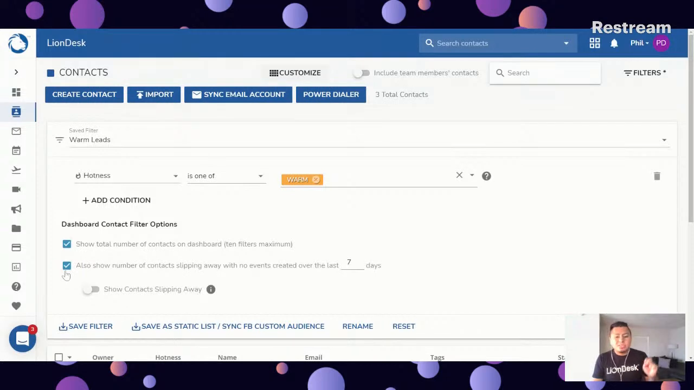The second box is to track contacts that are slipping away, right? It's always important to follow up with all of your contacts. But if you're tracking your hot leads, definitely make sure that you follow up once a week. Your warm leads, you want to follow up probably once every 2 weeks, right? They're warm, not ready yet, but they're going to get there. So for this example, my warm leads,